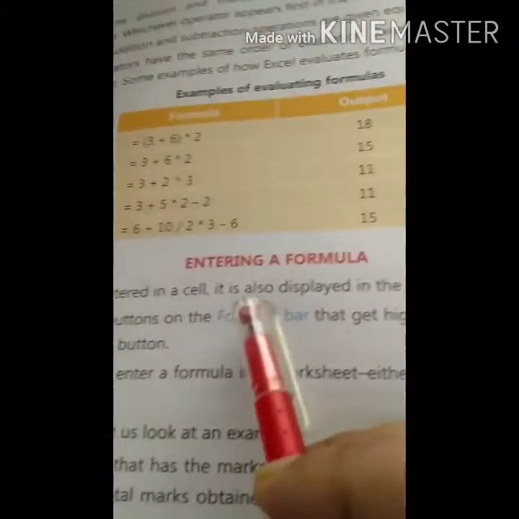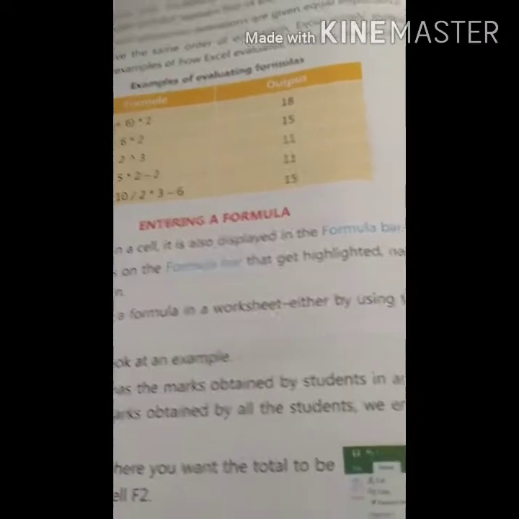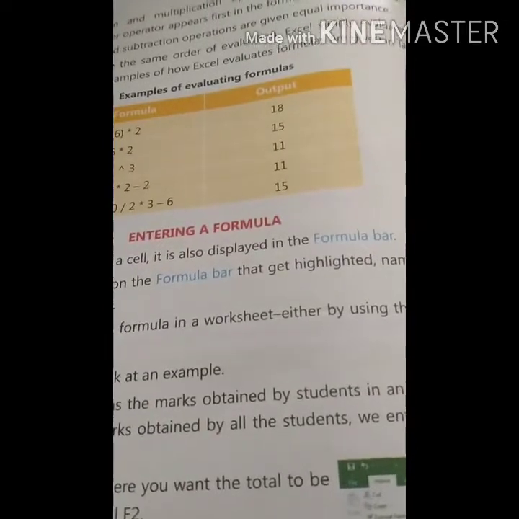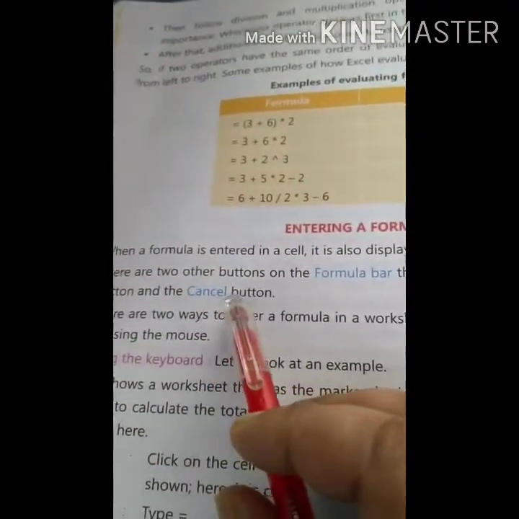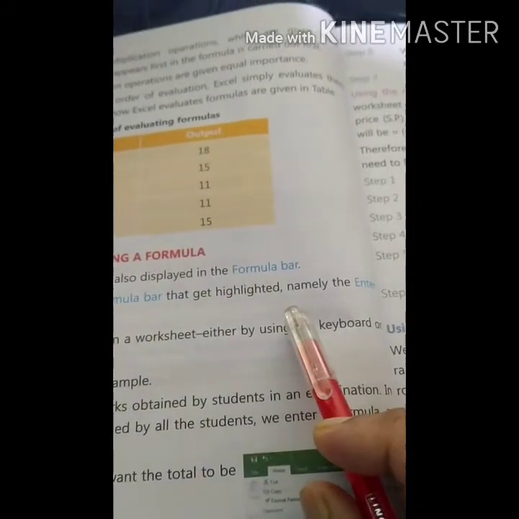Now we can enter a formula. How to enter a formula in Microsoft Excel, that I have shown you in the practical. First of all, we have to put the equal sign, then we have to write mathematical expressions. There are two other buttons on the formula bar that get highlighted, namely the enter button and cancel button. Here please pay attention.